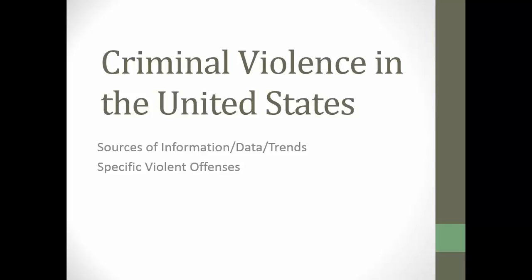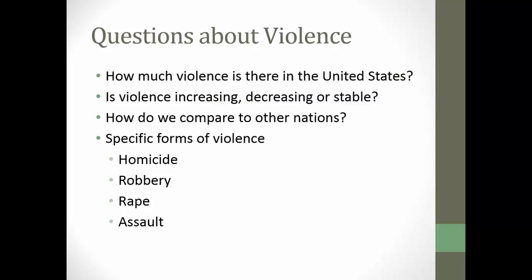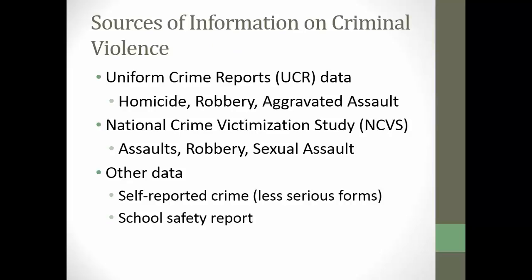And so this slideshow is about what we know about the various major violent crimes and how we think about them. More specifically, we're going to talk about how much violence there is in the U.S. Part of this should be a rehash from when we talked about crime trends at the start of the course. We'll talk about how the U.S. compares to other countries, and we're going to talk about the UCR Part 1 violence, which is homicide, robbery, rape, and assault. So we'll talk about those in a bit more detail.